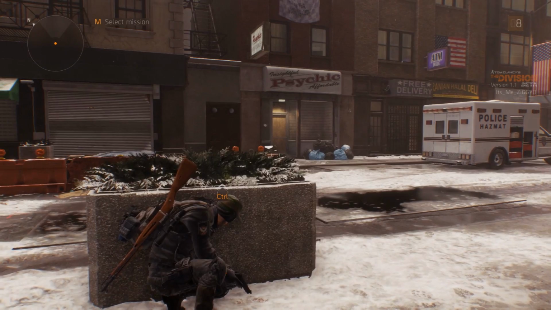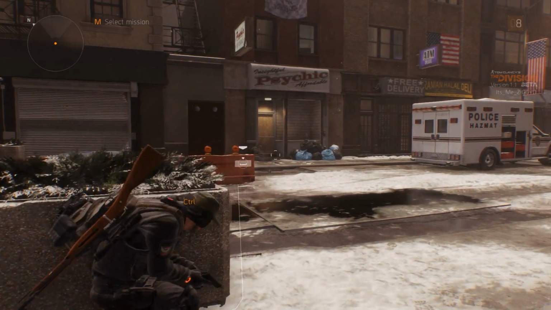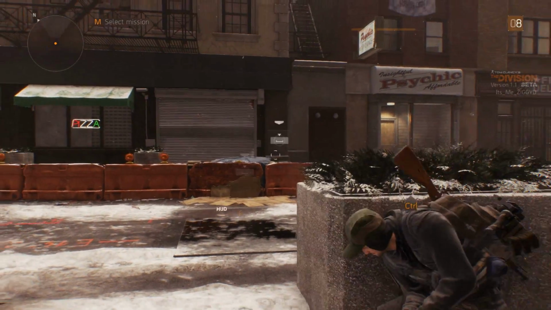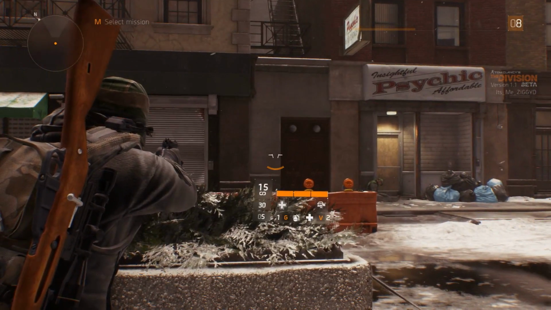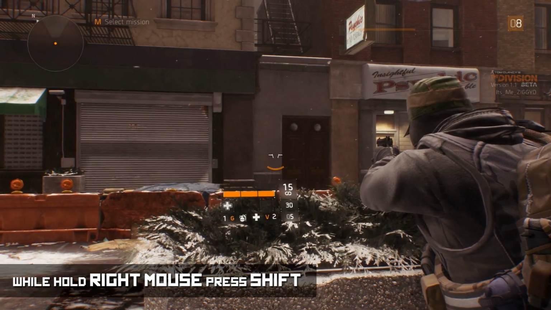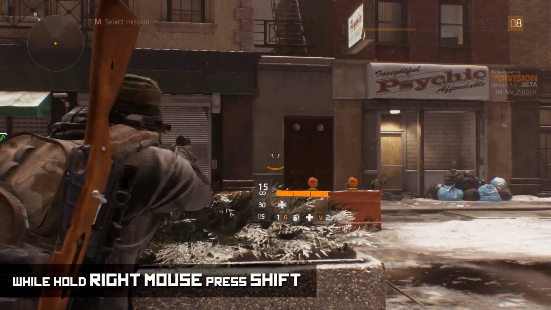So by default, your character will pick the most logical shoulder to look over. So if you're ever on the right-hand side of cover, they'll look over their right shoulder, and as you move to the left, they'll look over their left shoulder. Now, as you're popping out from cover like this, my character's looking over his right shoulder right now. I can tap shift and look over my left shoulder, and that will change your viewpoint pretty dramatically in some